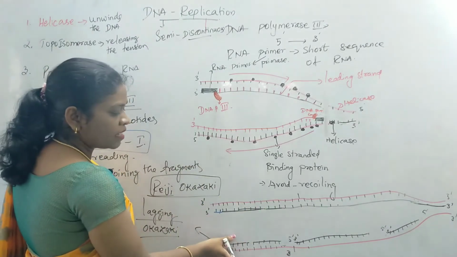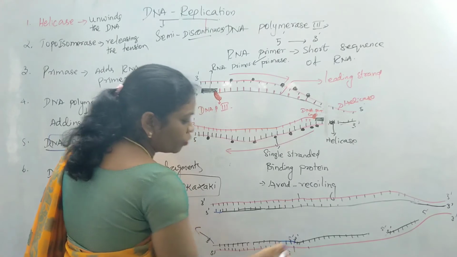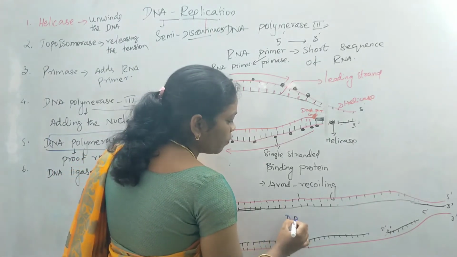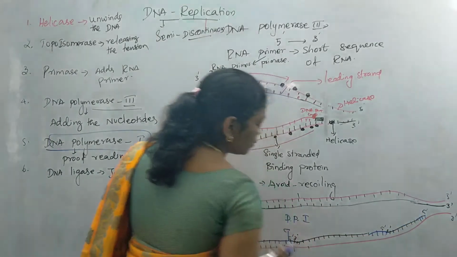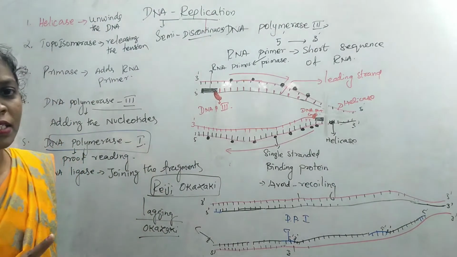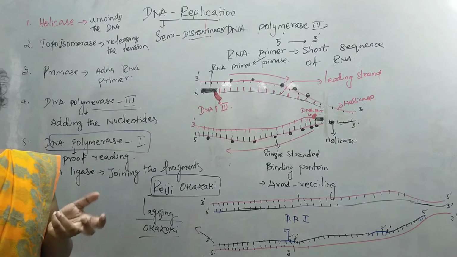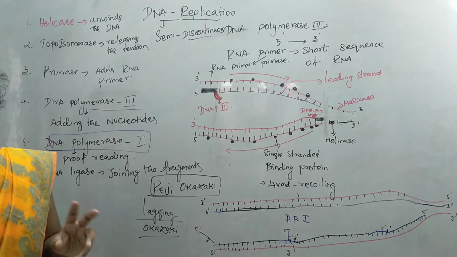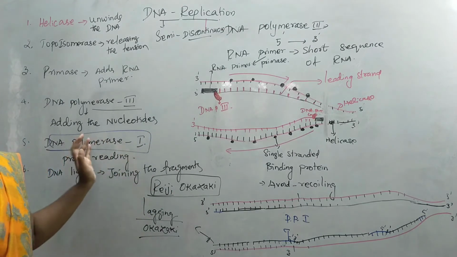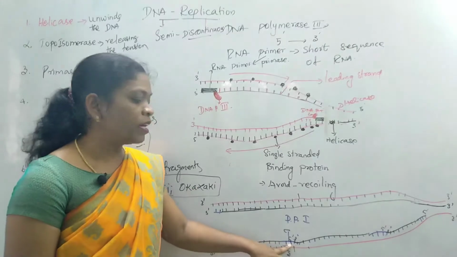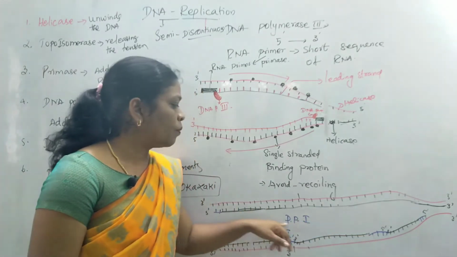But in case of lagging strand, these strands are discontinuous, where these regions should be filled by DNA nucleotides, and this function is also done by DNA polymerase 1. So filling the gap with the DNA nucleotides will be done with the help of DNA polymerase 1 enzyme. DNA polymerase 1 does the function of proofreading. It corrects the mismatched or wrong pairs of nucleotides. Wrong pairs of nucleotides are common when they go for the replication process, so that will be removed by DNA polymerase 1. It also fills the gaps in a discontinuous strand. These gaps are filled by DNA nucleotides by means of DNA polymerase 1.